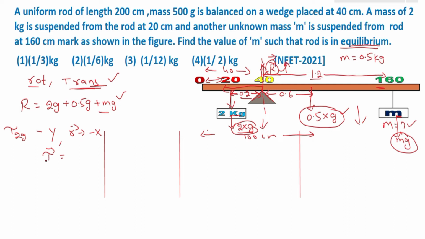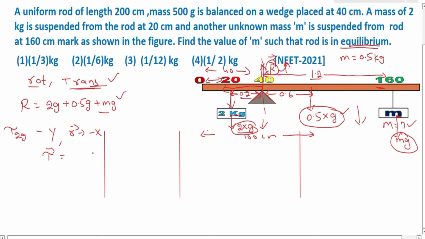Where you have to turn your fingers from the negative x-axis to the negative y-axis, your thumb will point in the direction of the positive z-axis. That is, your torque will be along the direction of positive z-axis. Its magnitude is torque tau equal to r bar cross f bar, that is rf sin theta, where theta is the angle between r bar and f bar.